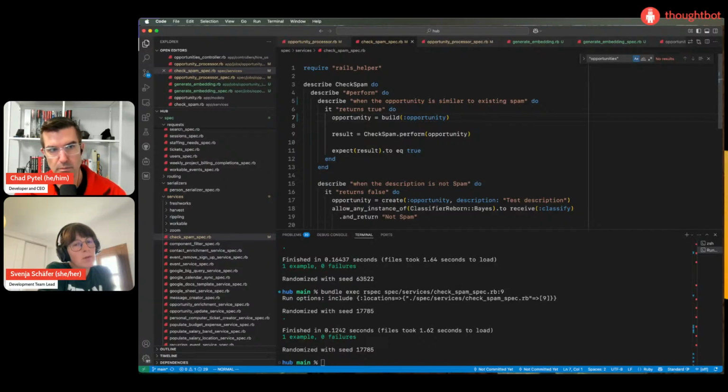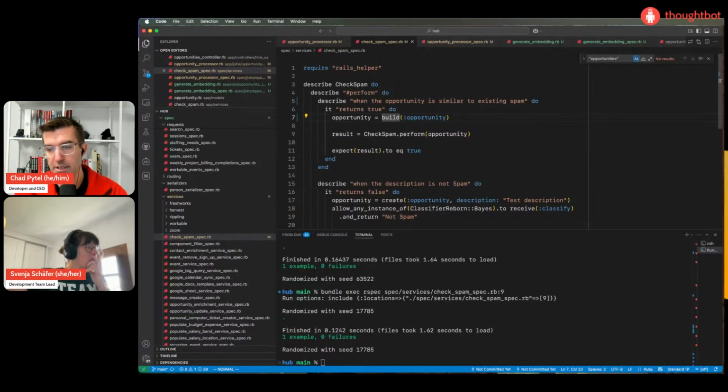And then we could create an opportunity that has that real embedding. Like the spam embedding, yeah. Because we also don't want to hit OpenAI to generate an embedding. We need an example embedding to be able to use.